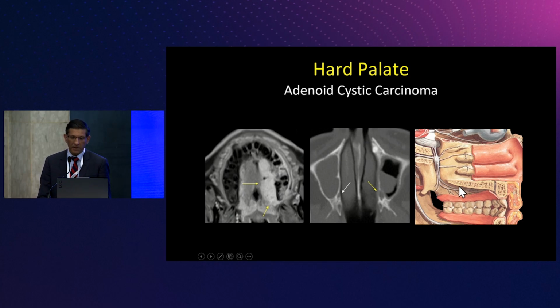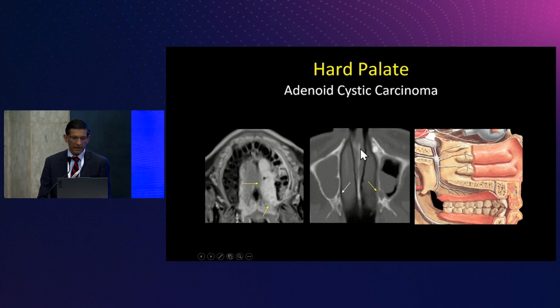But as Dr. Weil mentioned, when you look at the posterior lateral aspect of the hard palate, you have these foramina. You have the greater and the lesser palatine foramen. So anytime that I have tumors that are extending back here to the posterior aspect of the hard palate, in my mind, a warning sign goes off. And I've got to figure out whether or not it is possible the tumor could be spreading along that nerve.